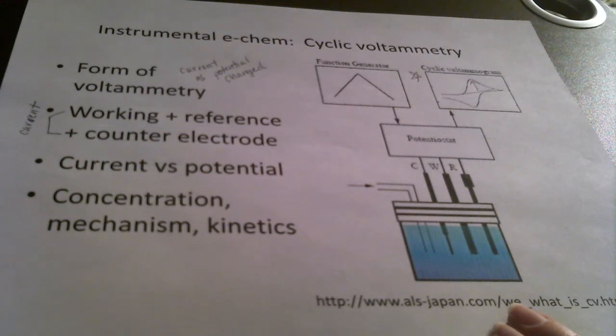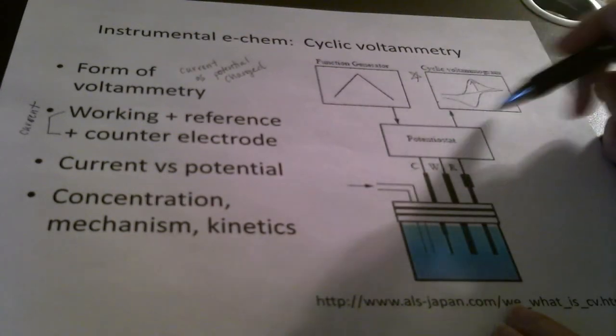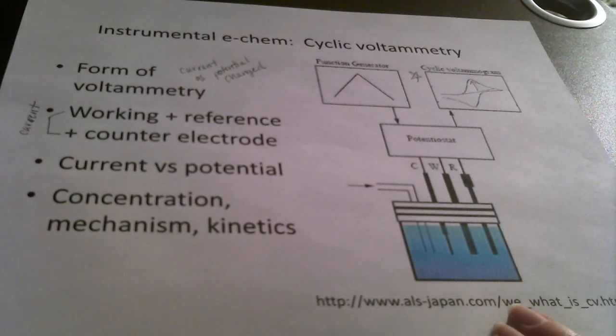But this particular technique is more informative than just telling us about concentration. We can get a little information about the mechanism or kinetics based on the shape of this cyclic voltammogram. So if it's a very symmetrical voltammogram, as an example, then we know that this is a reversible redox reaction,